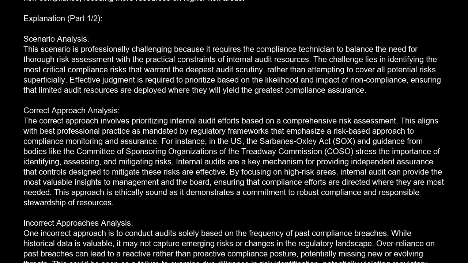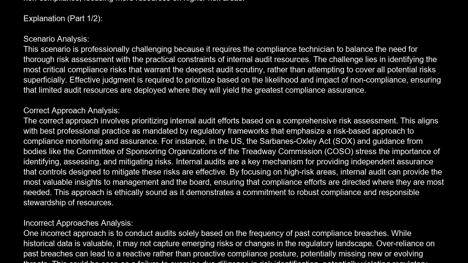This approach is ethically sound, as it demonstrates a commitment to robust compliance and responsible stewardship of resources. Incorrect approach analysis. One incorrect approach is to conduct audits solely based on the frequency of past compliance breaches. While historical data is valuable, it may not capture emerging risks or changes in the regulatory landscape. Over-reliance on past breaches can lead to a reactive rather than proactive compliance posture, potentially missing new or evolving threats. This could be seen as a failure to exercise due diligence in risk identification, potentially violating regulatory expectations for a